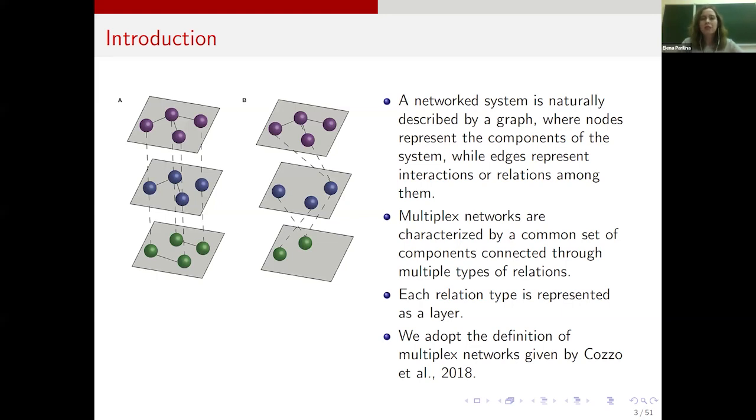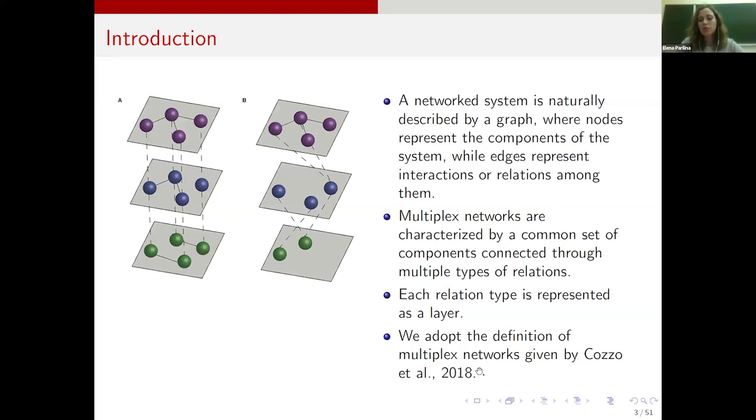But of course, the definition of the multiplex and multi-layer network can vary from book to book and in different pieces of literature. So here you can see on multiplex network that the nodes in different layers can be linked by different graphs, and each node in the layer is connected. So you see this dashed line, it means that the same node is connected with the same node in other layers. So it means that we can gain from communication with other players in different types of communication. So this is the idea.